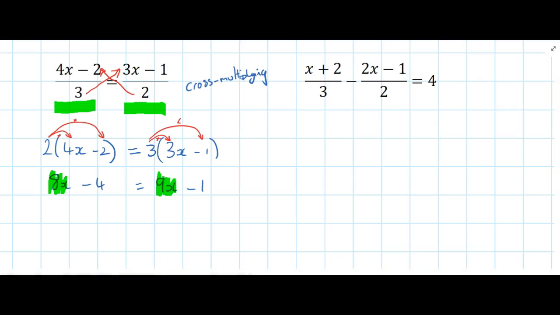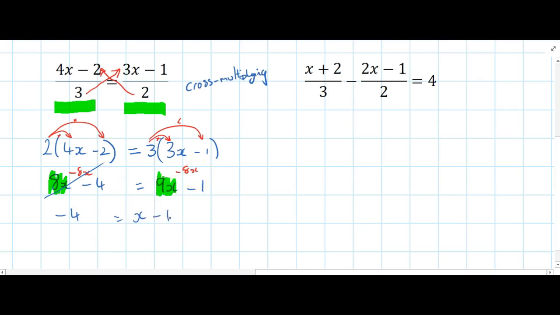Alright, so what we do now is usually we move it to one side and we move it so that it becomes positive. I could do this two ways. I could move the 9x over here, so I'd take away 9x from both sides. But if I did that, I'd get a negative x result on the other side. So what I'm going to do is take 8x from this side and take 8x from this side, which will leave me with, because that cancels out, negative 4 equals 9x take away 8x is 1x